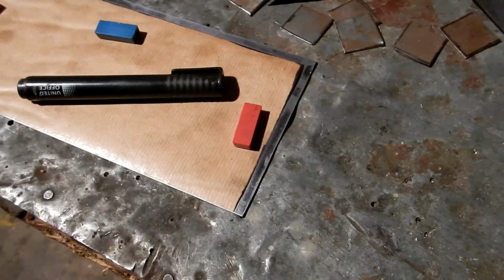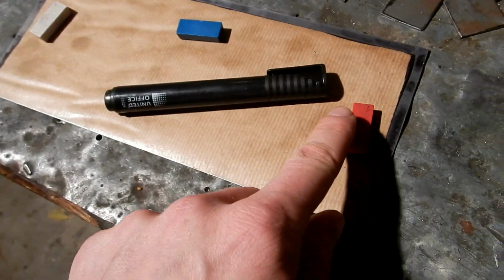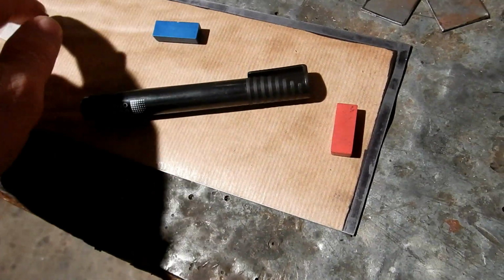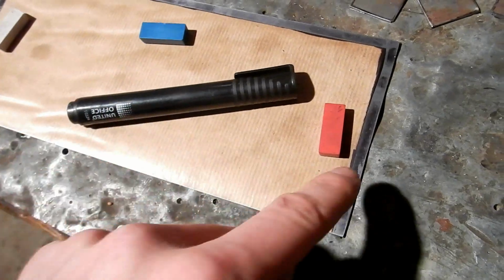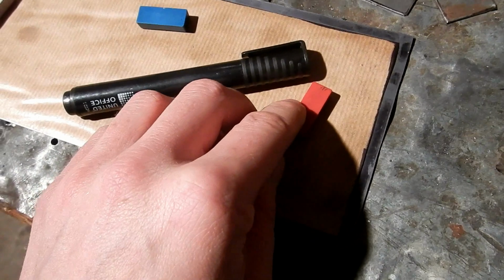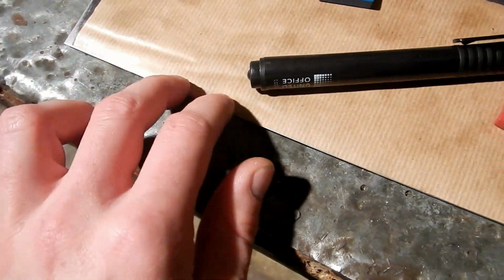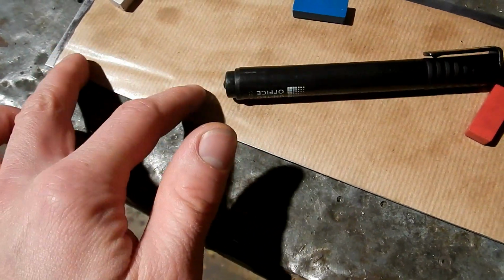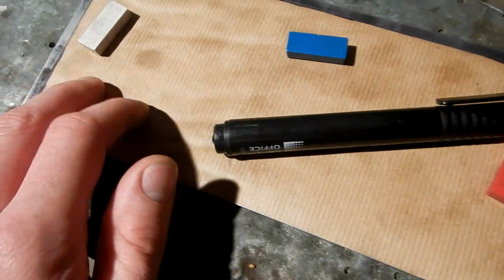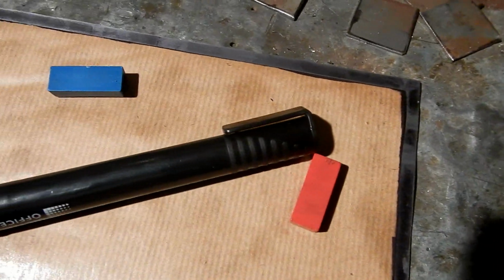A little trick about how I proceed. I'm using there, you see, magnets. Those little things there, they are magnets. And you can see that it holds there the pattern, which is made out of paper. It holds it perfectly, and that way I can draw as I want around the pattern. I'm doing this here when I have to redraw the border, because, you see, after cutting,